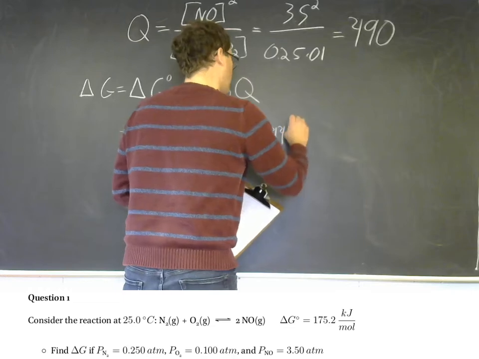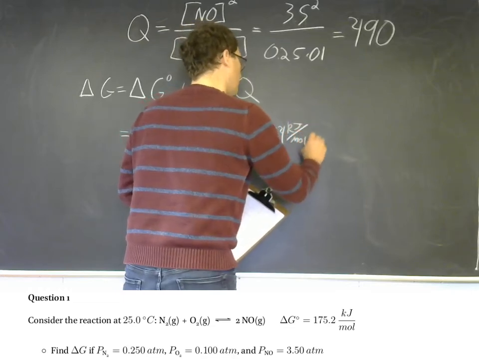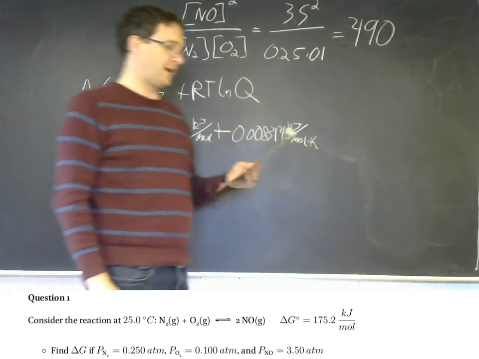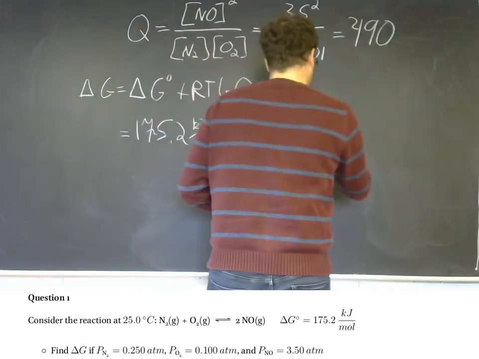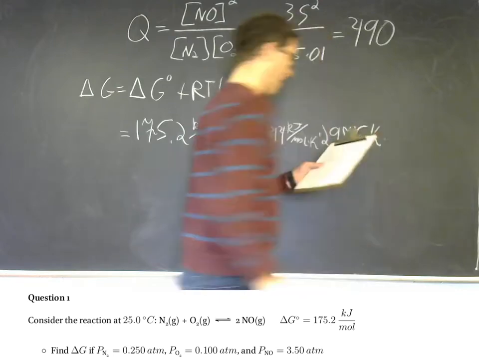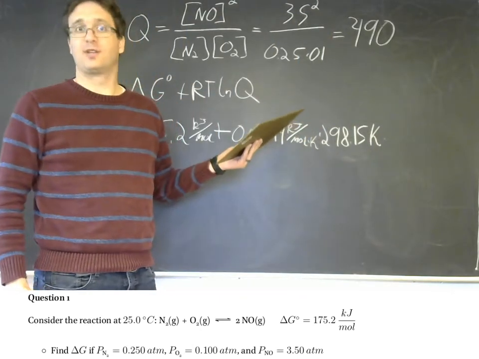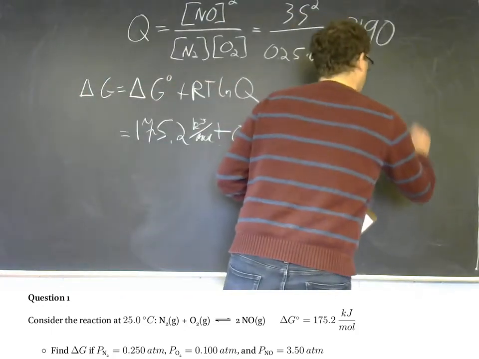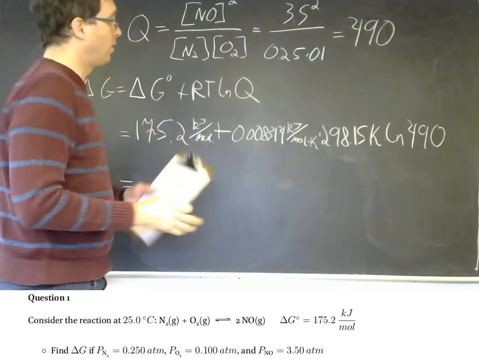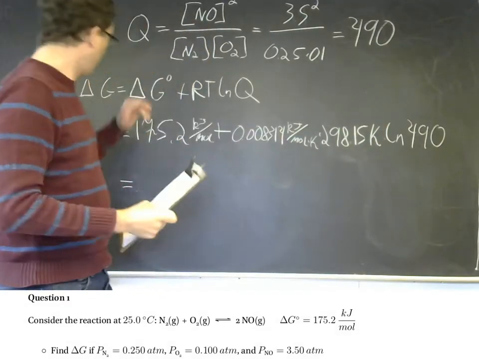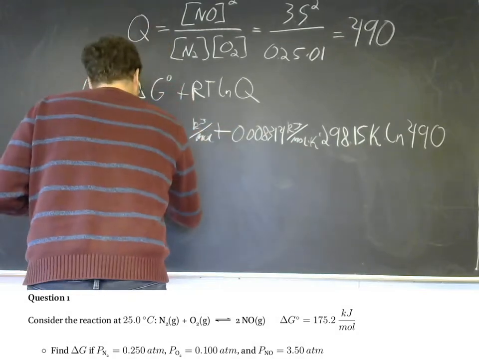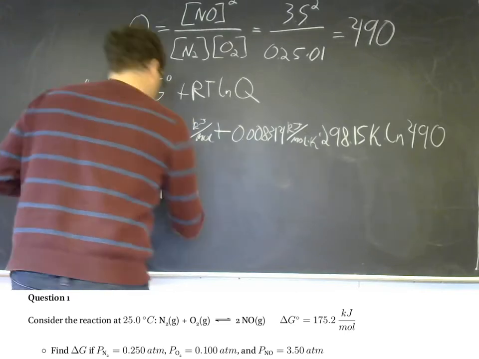0.008314 kilojoules per mole Kelvin times the temperature of 298.15 Kelvin, times the natural log of the reaction quotient, 490. So you can put all of that in your calculator and then add 175.2 to it in the end, and that's going to give you 190.6